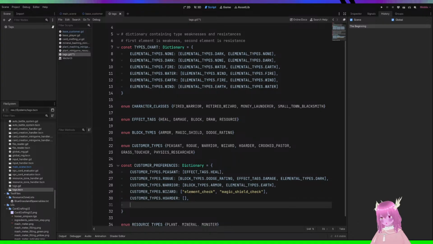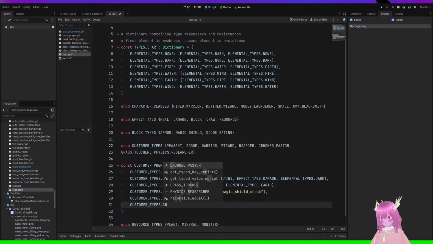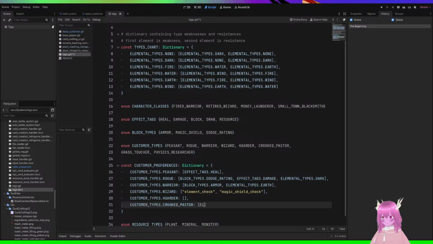But for the crooked pastor, he's gonna be something very simple. He's just gonna like elemental types dot dark. If you have elemental types dot dark on your thing, then he will want to buy it.